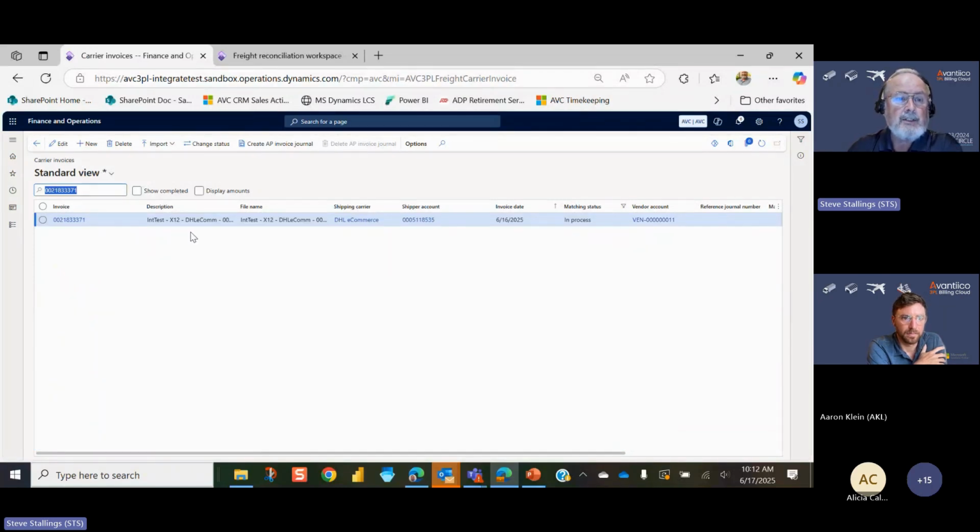So this is a DHL invoice, came in via X12. It's from DHL Commerce. That's our shipping carrier. That's their shipper account, the invoice date, vendor number, because we're also going to have to pay them. So we set these carriers up as vendors as well. And there's some other additional information here about this particular invoice. When I drill into it to get down to the invoice lines,